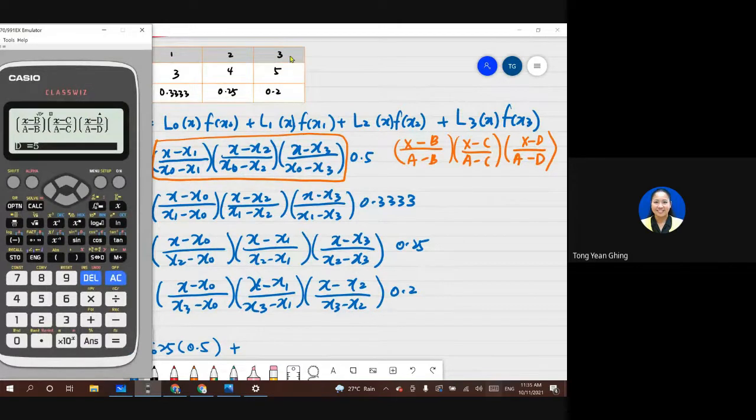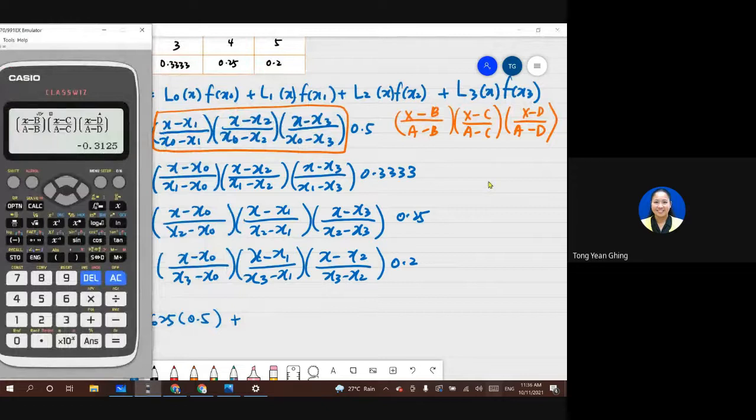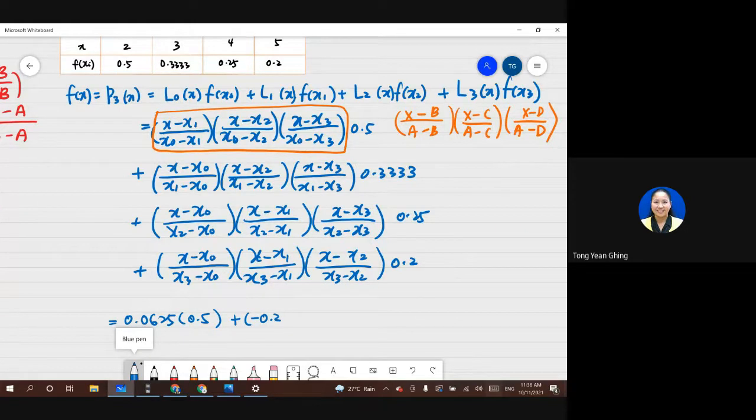And then last this one, x3 is 5. Okay, so get negative 0.3125 times with 0.3333 plus,